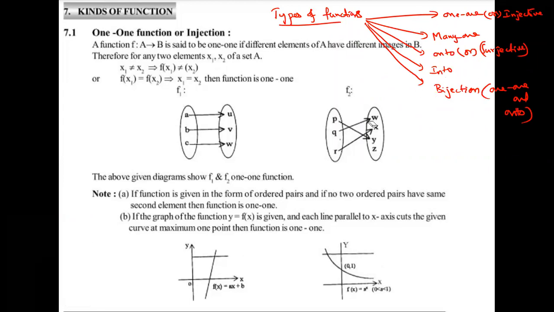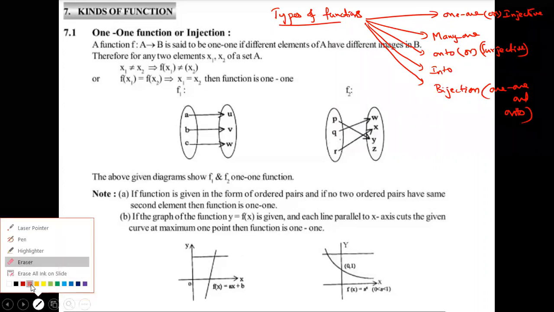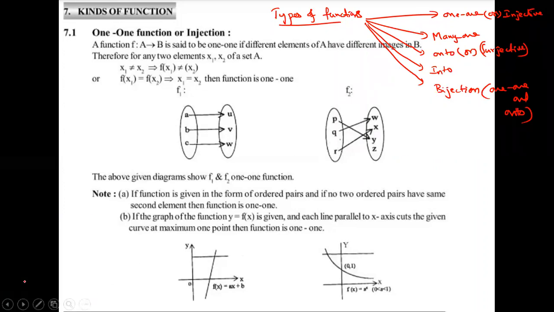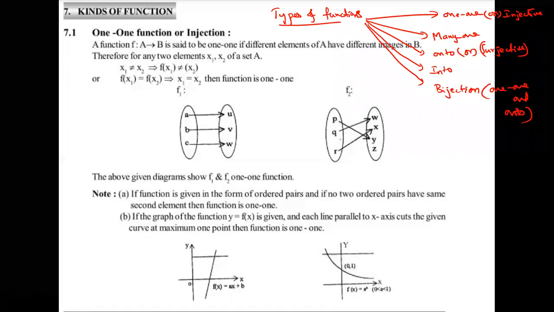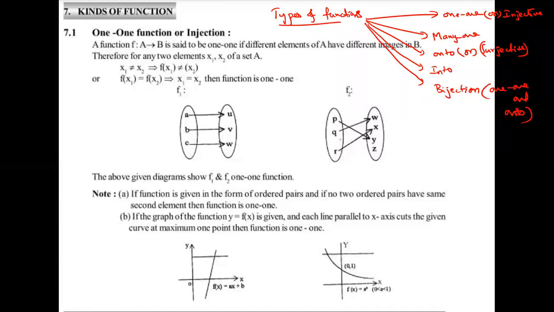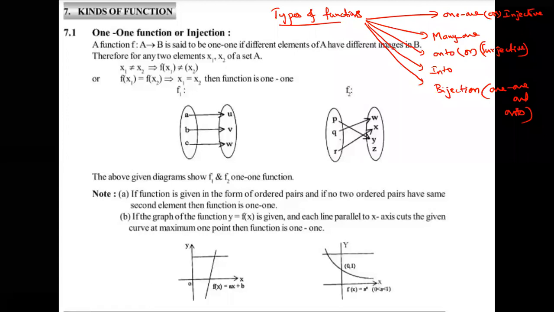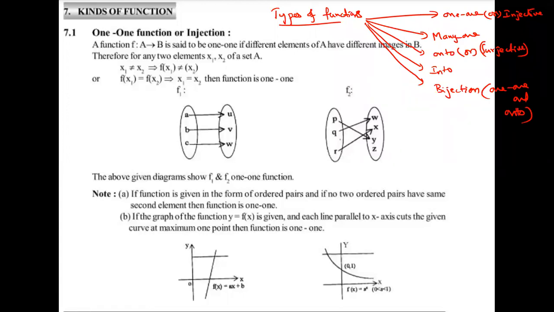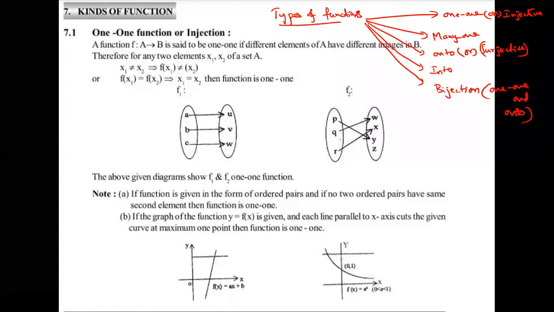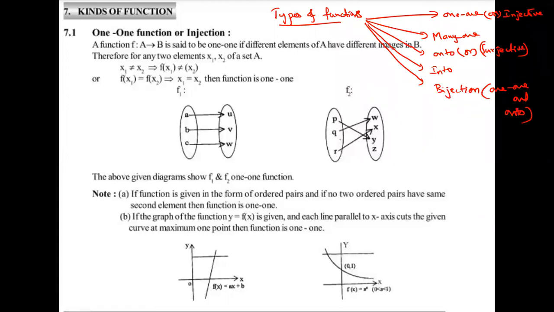Now let us see what is 1-1, many-1, onto, into, bijection. What is another name for 1-1? Injection, injective. Onto means surjective, surjection. Many-1, into, onto, let us see. Get ready, write down. Types of functions. Tomorrow, for the first 5 minutes we will discuss only the basics. Recall the definitions, don't worry. Without practicing, no use, dear students.